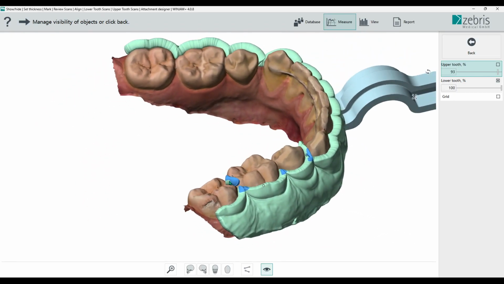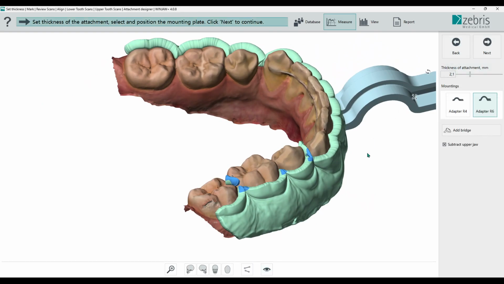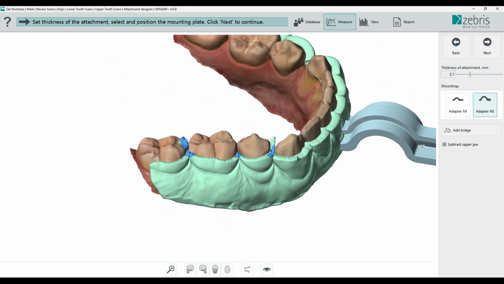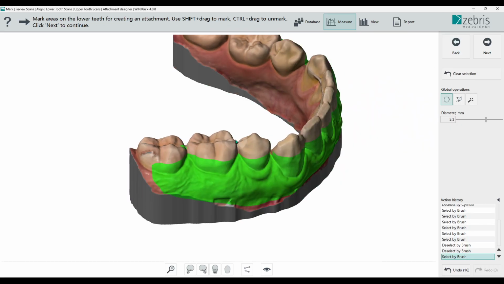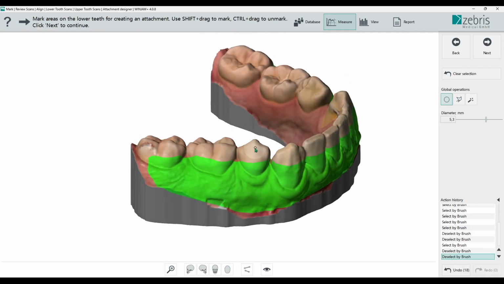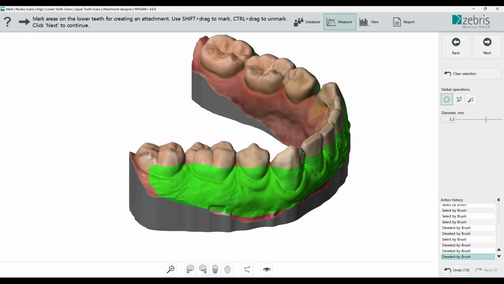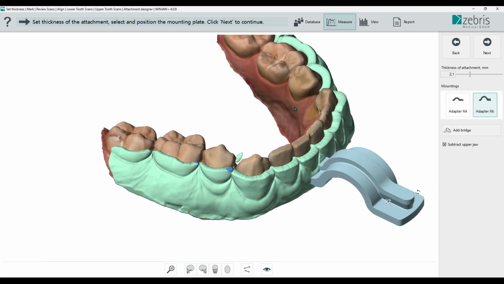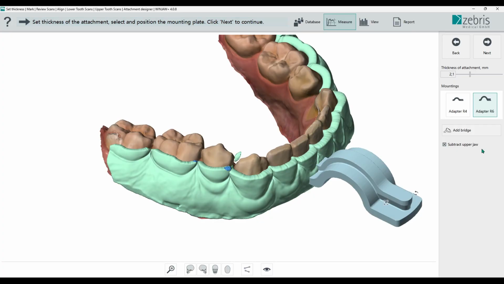We have now two ways to handle these intersections. One way is to simply go one step back to fix it, to erase the outline a bit where we would have these intersections, and go back. And if they are still there, we also have the possibility to make a subsection of the upper jaw on these points.